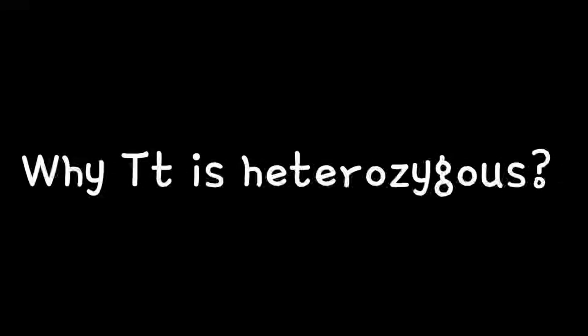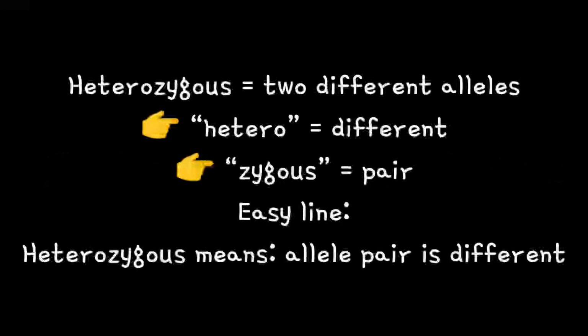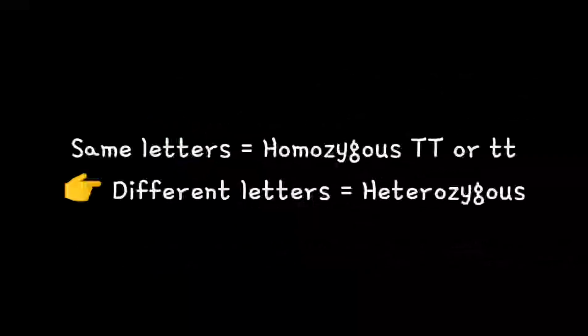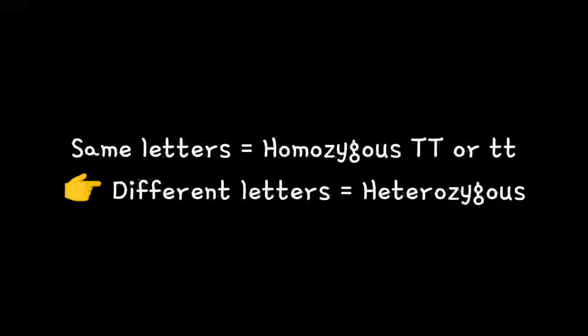सो कैपिटल टी एंड स्मॉल टी को देखने के बाद हमें पता चलता है कि एक अलील दैट इज कैपिटल टी एंड दूसरा अलील दैट इज स्मॉल टी, सो दोनों डिफरेंट हैं, इसलिए कैपिटल टी एंड स्मॉल टी आर हेट्रोजाइगस। दैट मीन्स कैपिटल टी होमोजाइगस सेम है, स्मॉल टी होमोजाइगस सेम है, एंड कैपिटल टी स्मॉल टी इज हेट्रोजाइगस मतलब डिफरेंट है। सेम लेटर्स मतलब होमोजाइगस, डिफरेंट लेटर्स मतलब हेट्रोजाइगस।